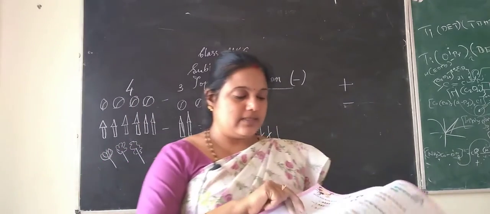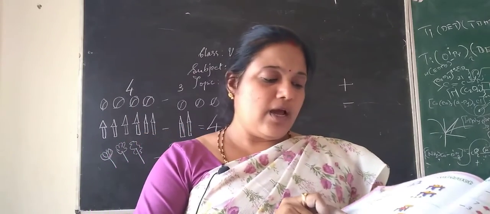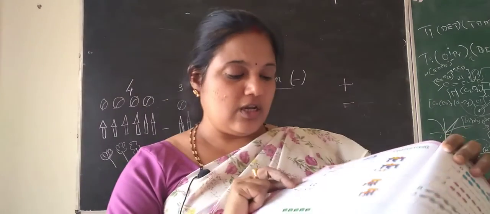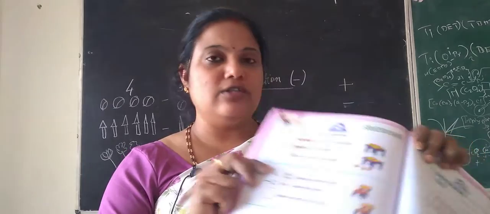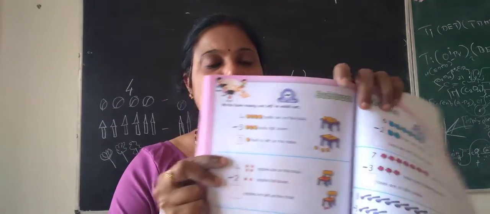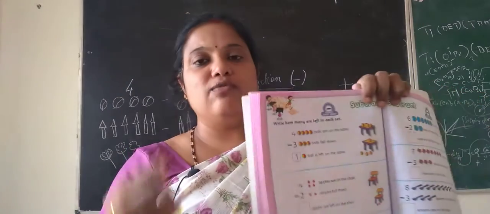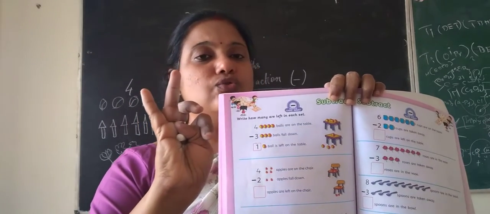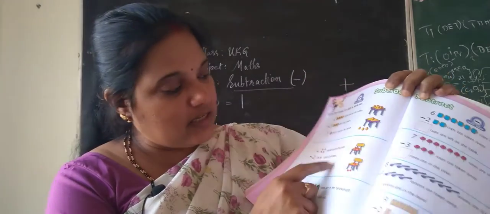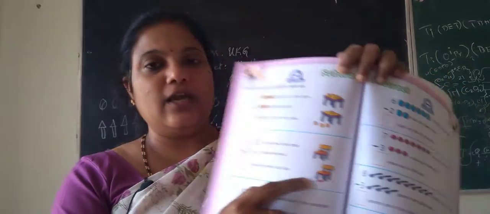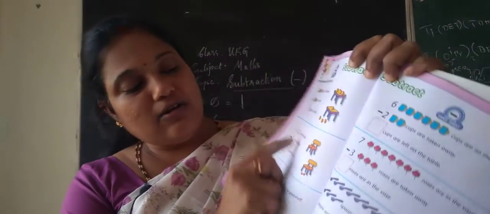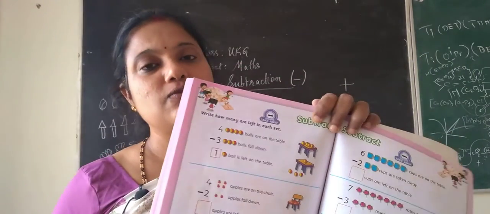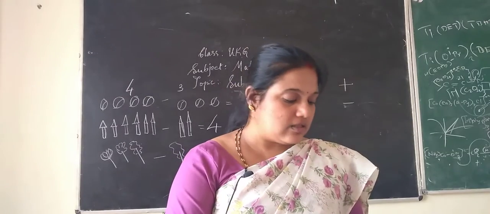This you have to keep in your mind. Now 4 apples are on the chair. Here can you find 4 apples on the chair? 2 apples fall down. Now what is remaining? 4 were there, 2 were down, so what's pending? 2. 1 and 2. Can you see this? You can even find it here. See, out of 4, 2 are here, 2 are down. So 4 minus 2 equals 2.